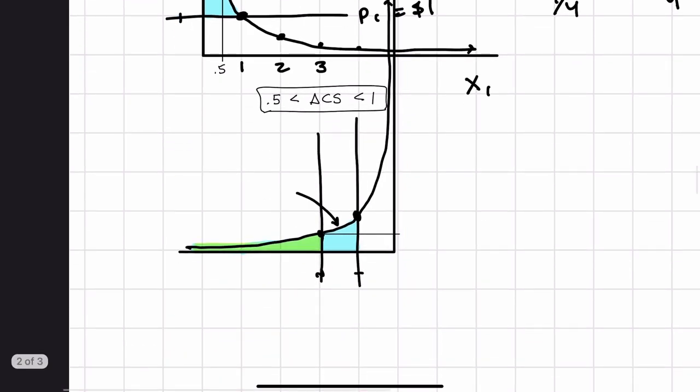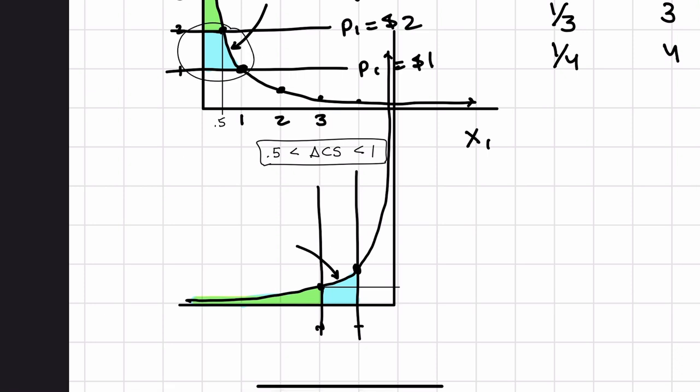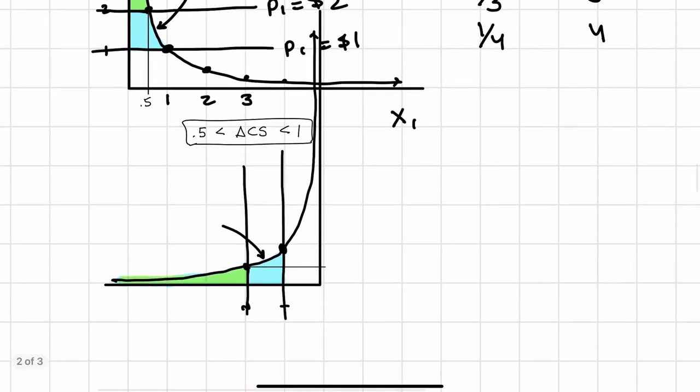So this rotation didn't change anything about the area of this shape. Maybe finding the area of this shape might be a little easier than finding the area of that shape. I know that this curve here